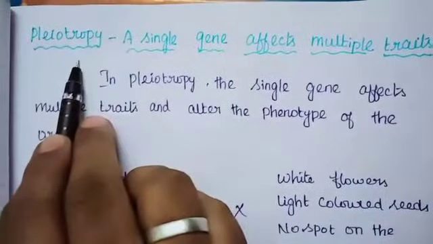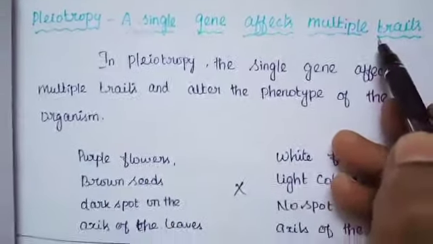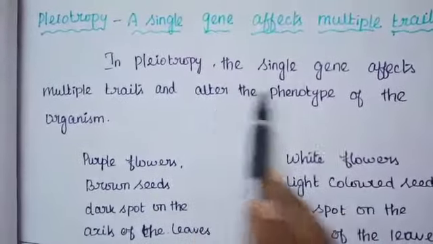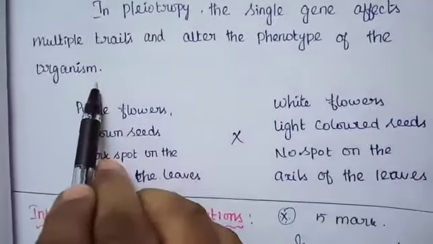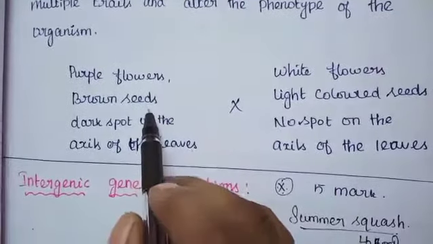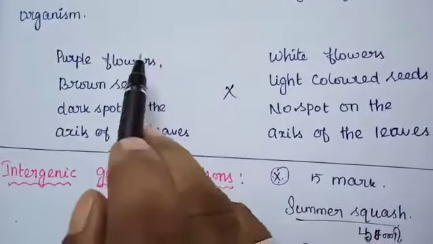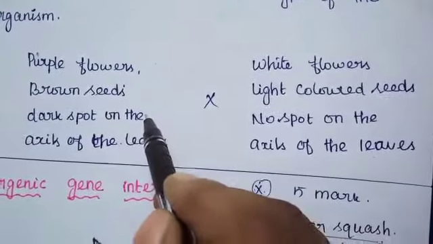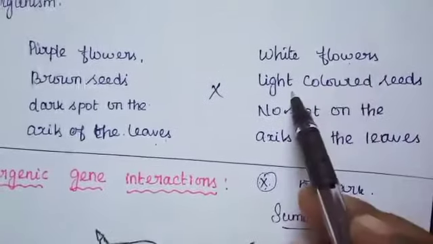The next topic, pleiotropy. A single gene affects multiple traits. In pleiotropy, a single gene affects multiple traits and alters the phenotype of the organism. Here Mendel noticed pleiotropy while performing breeding experiments with peas, Pisum sativum, you know. Peas with purple flowers, brown seeds, dark spot on the axil of the leaves,